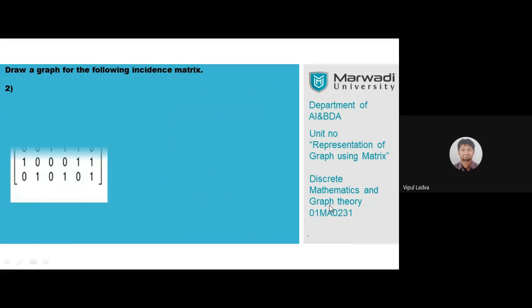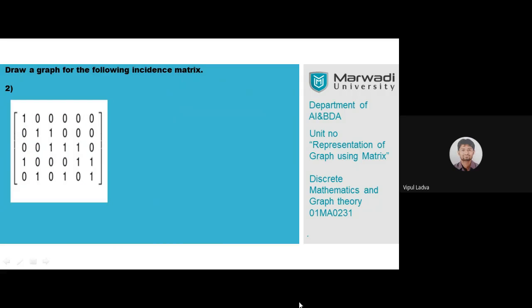Now, what are we supposed to do? Now let's apply the reverse. Let's apply this knowledge in the reverse way. Now I'm giving you an incidence matrix and you are supposed to draw a graph from this. Incidence matrix. Now take care. As I said in the previous example, when we are supposed to draw a graph from a matrix, it should be